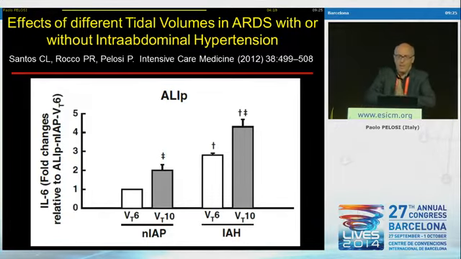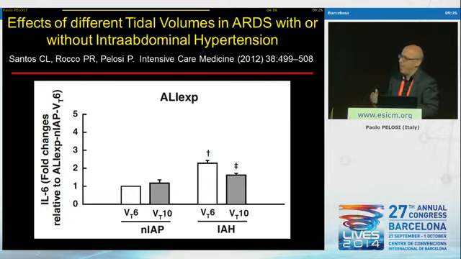And this is actually what we observe when we increase the tidal volume. So we use excessive transpulmonary pressure in pulmonary ARDS in the presence of intra-abdominal hypertension. We found an increase in the lung damage, as observed here with an increase in interleukin-6 in the lung. On the other side, when we observed an increase in the atelectasis by using lower tidal volume and lower transpulmonary pressure in the presence of a secondary lung injury, you can see here, this is just one example, a reduction in interleukin-6 and many other mediators in the lung. So if we use too low an inspiratory transpulmonary pressure in a condition of higher intra-abdominal pressure, this can promote further